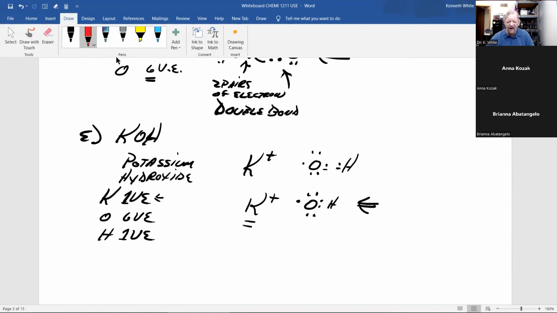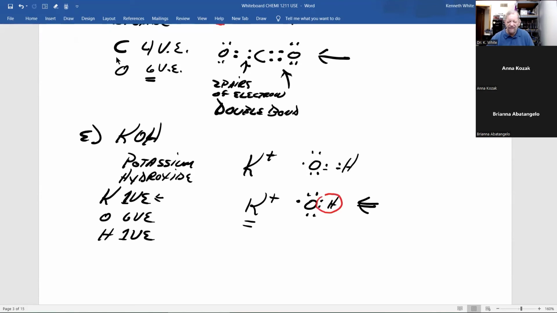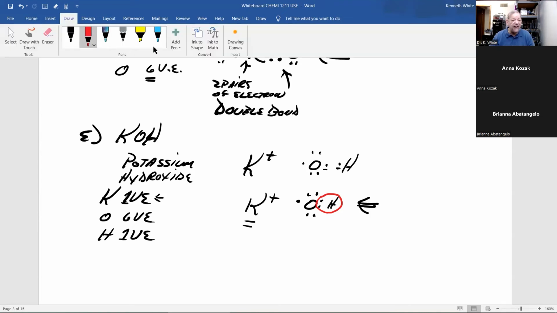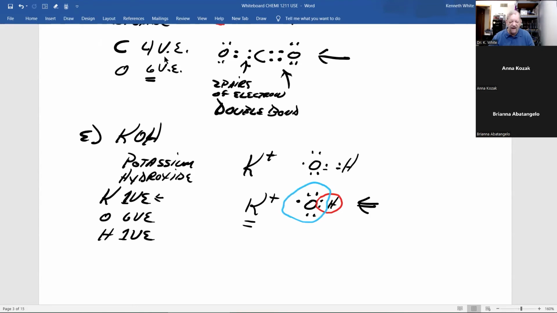Now, if we look at hydrogen, it has 2 valence electrons. And remember the exception to the octet rule is hydrogen, and that hydrogen only has 2 valence electrons to get its octet, and it does. Now, if we look at oxygen, it should have 8 valence. Oxygen doesn't have an octet. What happens? Well, remember,